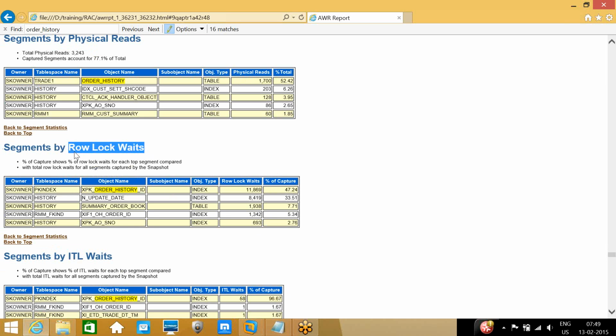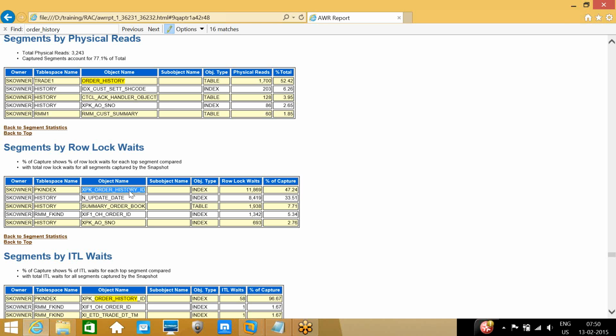We have seen in the top 5 events that row locking is also happening, right? Yes, enq: TX transaction lock. So from the table I identified this one. It's available in physical reads, and I identified the particular index also. So this is the primary key index. Something is wrong with the primary key index while inserting the data. So this index is causing the issue.